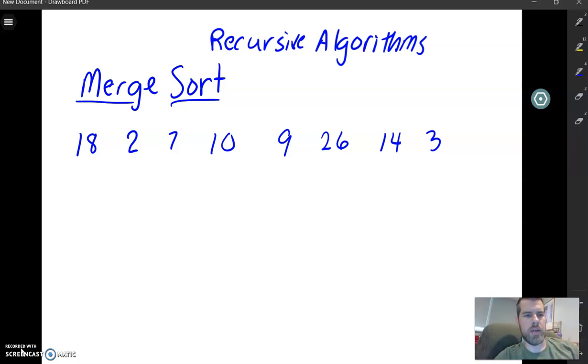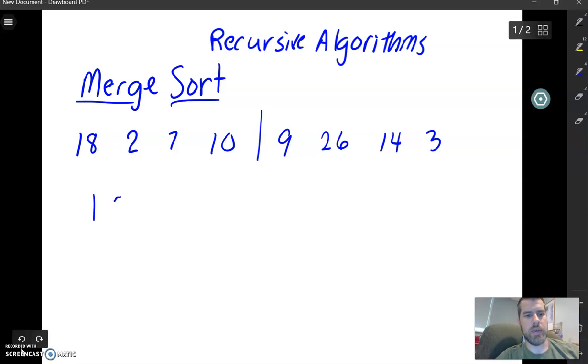So the algorithm works like this. We're given an array or a list or whatever of numbers, and we split it as best we can down the middle. Of course, if there's an odd number of numbers, we have to go one way or the other. So we split the array, and then we call merge sort on each half of that array. The initial array was called using merge sort, and now we're going to call merge sort on each individual half of the array. So we call merge sort on the left half here,